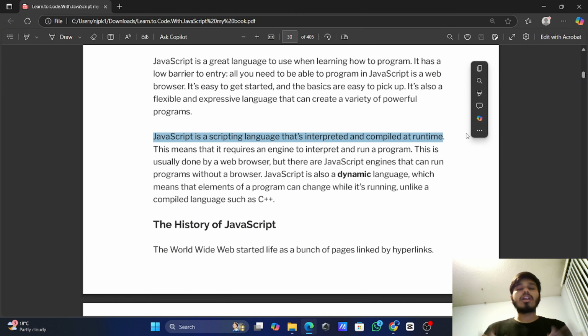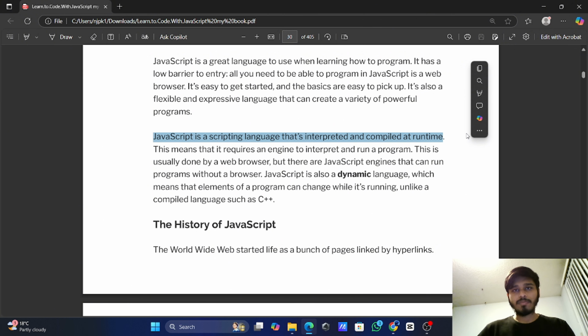It means that it requires an engine to interpret and run a program. This is usually done by a web browser, but there are JavaScript engines that can run programs without a browser. JavaScript is also known as a dynamic language, which means that elements of a program can change at runtime, unlike in